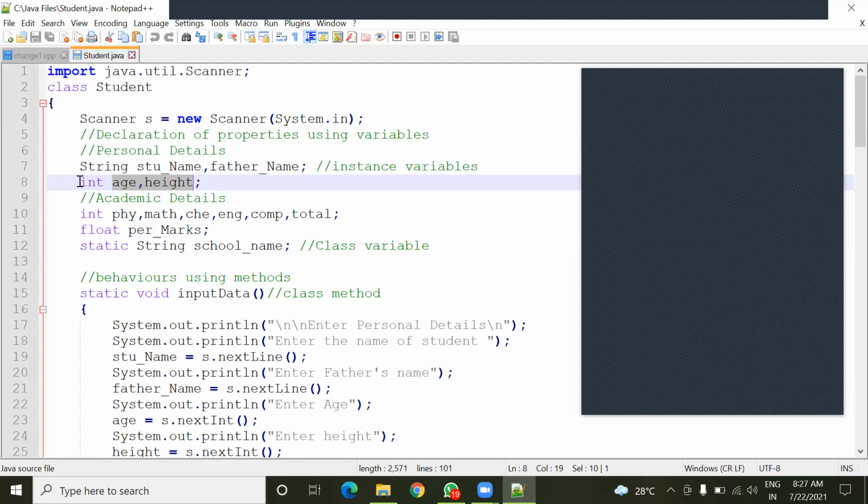The data type signifies what kind of value will be stored in these variables. Here int stands for integer, meaning in the age variable and height variable, we can store only integer type of value, not decimal type of value.